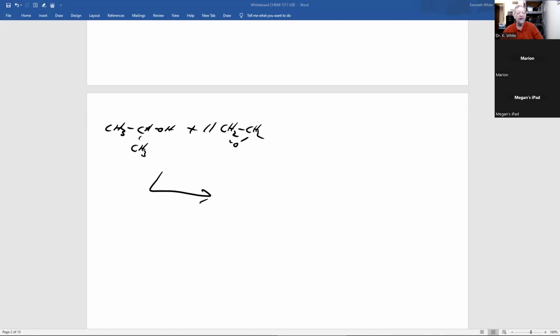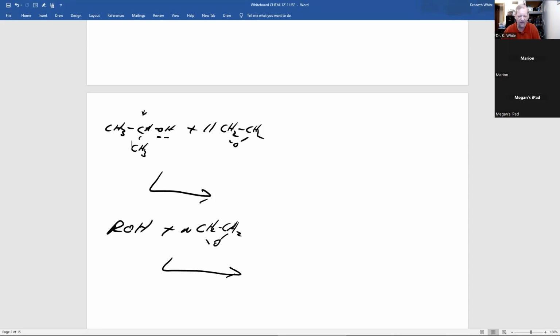All right. We look at this. What's different? What's not carbon? Oh, oxygen with a hydrogen and a carbon. That's an alcohol. And we've got n equals 11, and this is ethylene oxide. I don't know if you saw in the video where I said I'll try and be good, and I was, because those of us who work with ethylene oxide just call it EO, but I don't do that for students because I don't like to use slang.